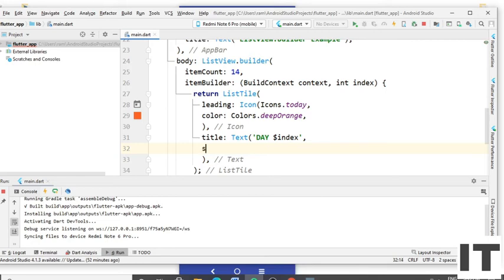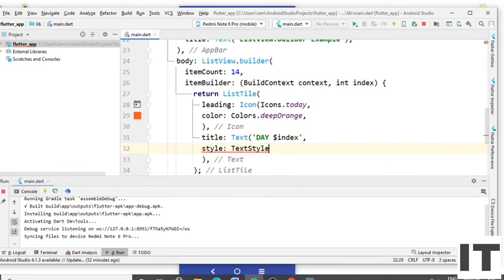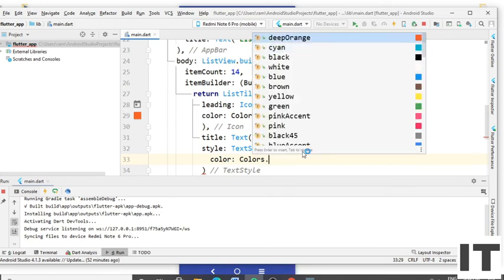Type the style, type the TextStyle, remove the comma and put the round bracket. Now type the color, type the Colors dot, select the color. I select the deep orange.